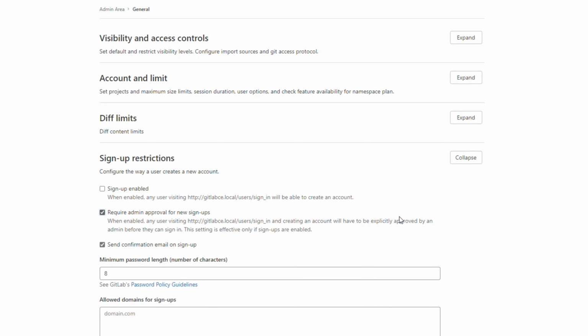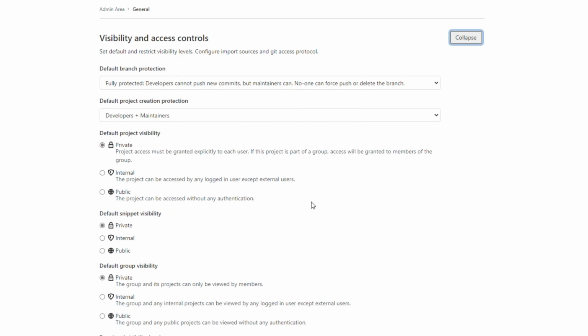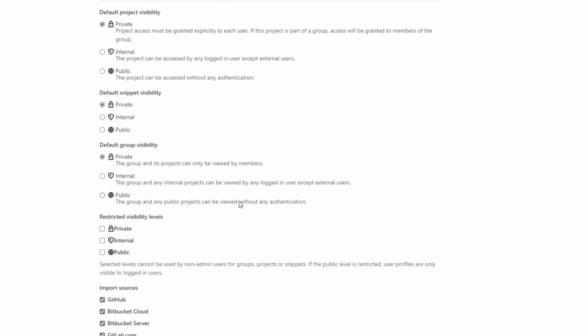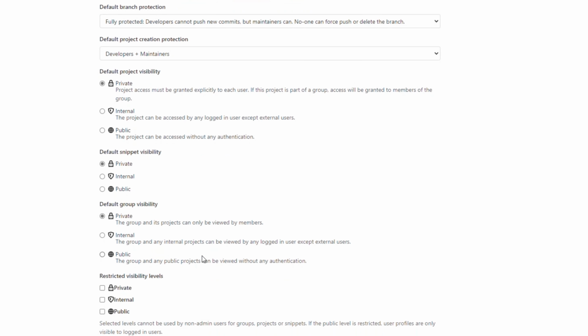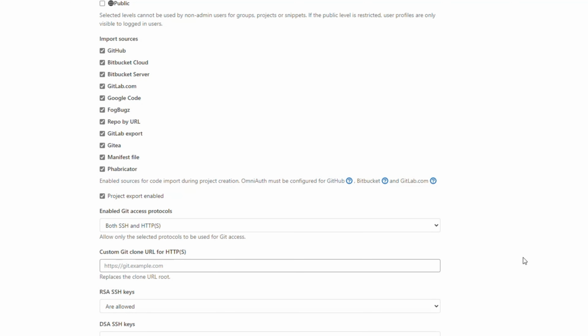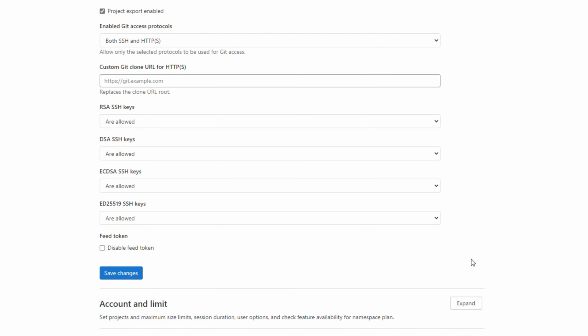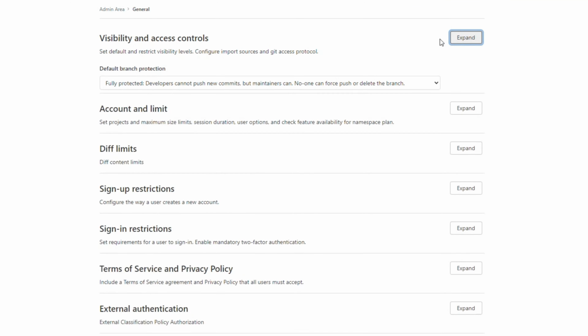You can configure these general settings, visibility. Your project can be private. So for now, it's not necessary to change these settings.